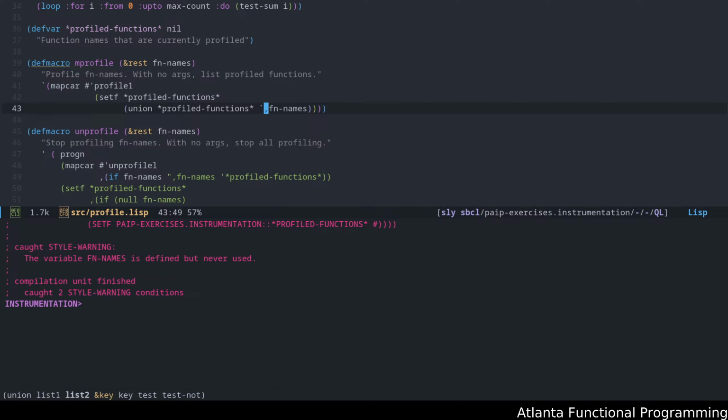Two style warnings. Let me see what's wrong here. Yeah, this might be easier if we do that. Better. There we go. We lost it. Okay, and let's also fix the thing here.